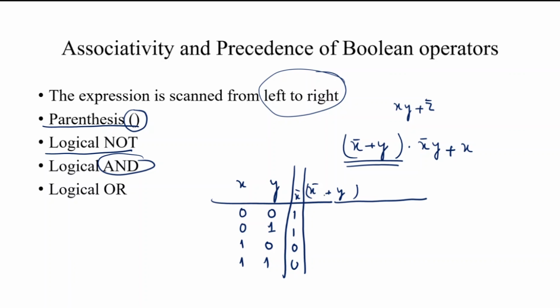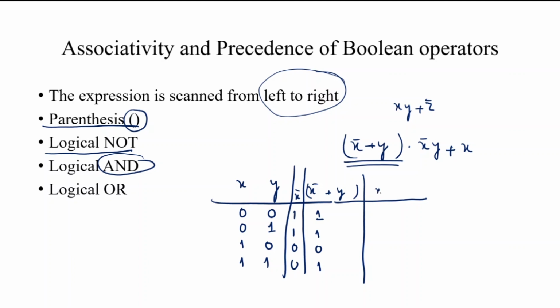Then we solve x complement plus y. This is x complement, this is y, and we know this is commutative, meaning x plus y is the same as y plus x. This is one of the postulates of Boolean algebra, and we already proved it using a truth table. When we add these, 0 plus 1 is 1, 1 plus 1 is 1, and so on. After that, we multiply this with x complement again.